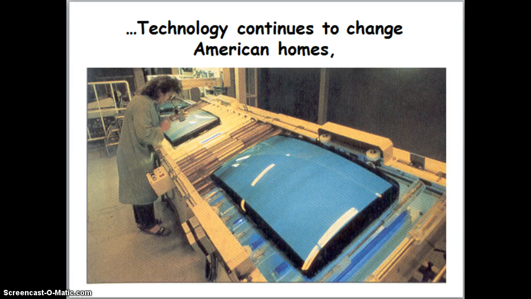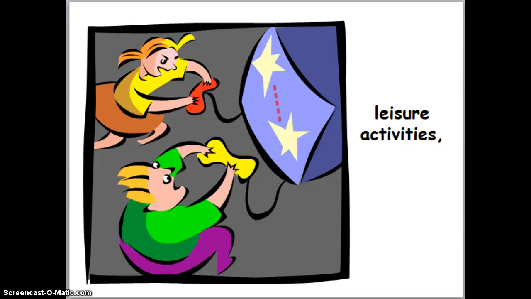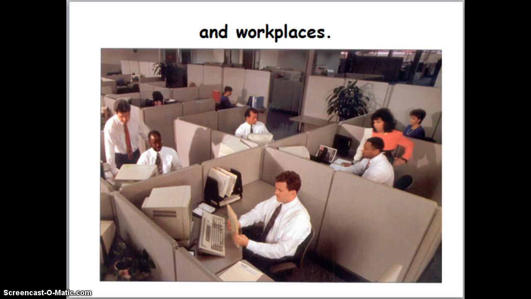We see a lot more technology in homes, not even just the ones that we think of that occurred in the 1950s and 60s with washers and dryers and things like that. But today, your home and leisure activities are very different than they were before. Even the workspace that you will be going into when you get a job will be very different than the workspace today. If you talk to your parents, they would not say a classroom with many computers and smart boards and surround sound speaker systems. But what you're going to go into is going to be even different than what we see today.